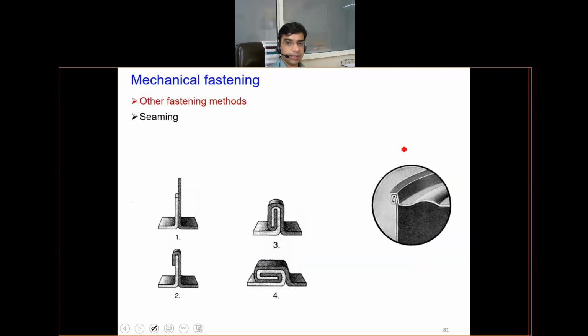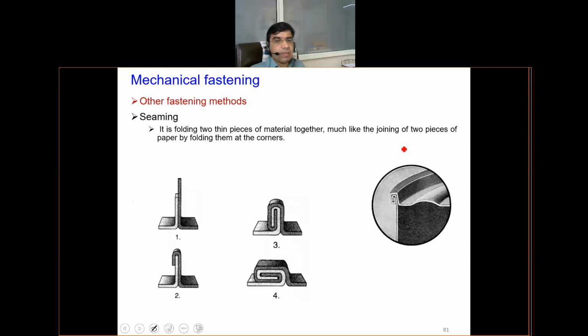Lastly is seaming. Seaming is a way to join the material together by creating a joint and then bending it over, maybe once one bend is created, then bend number two, and then three. Different bending procedures can be executed on the different pieces which have to be joined, and consequently we can obtain this type of leak proof joint known as the seaming method.